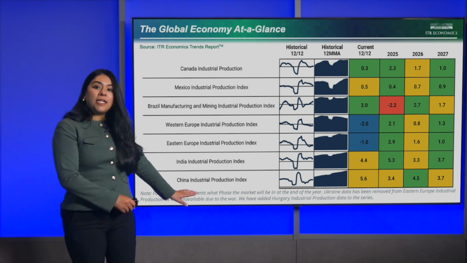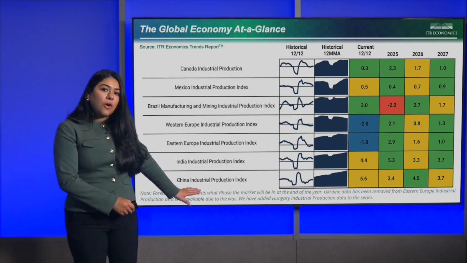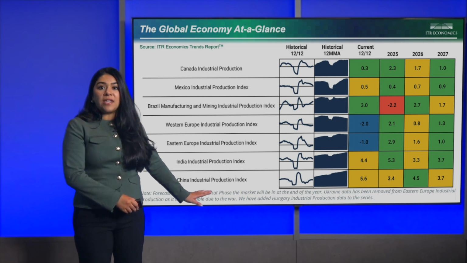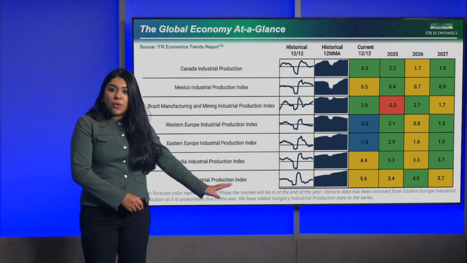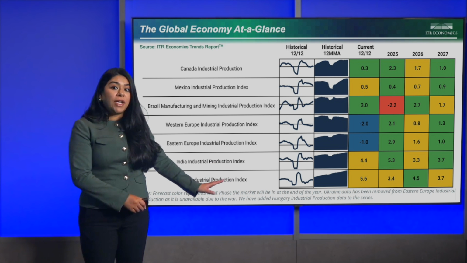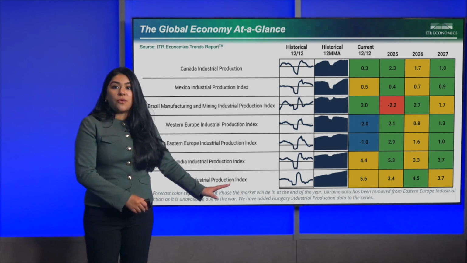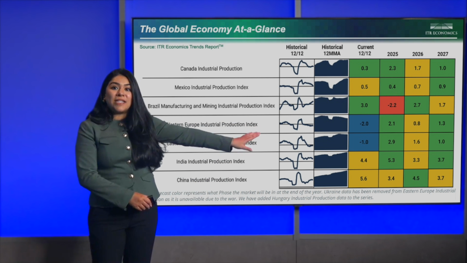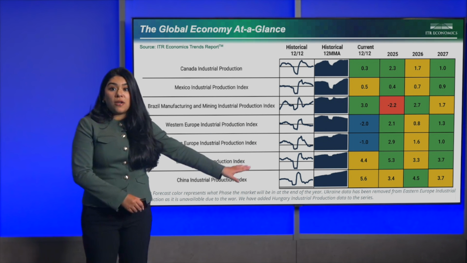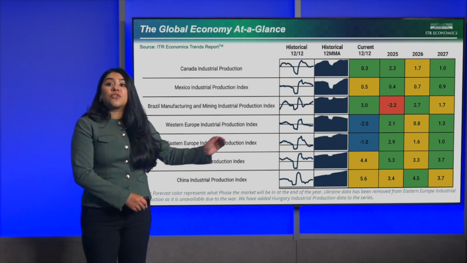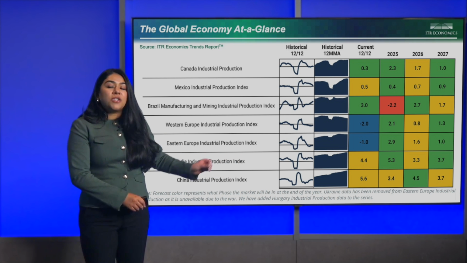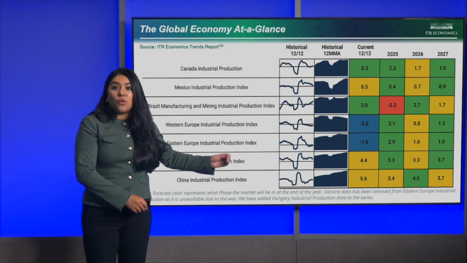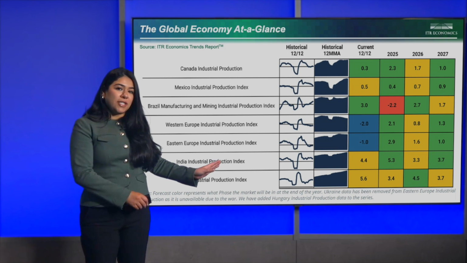You can see China down here. They will still be in growth, but they've been in a slowing growth phase even currently. That will continue. That will change in 2026 as they enter accelerating growth and then back into slowing growth. And as you can see, by the end of 2027, all of these countries and regions will actually be in either a slowing or an accelerated growth phase. So this supports that rise in the world industrial production that we looked at previously.